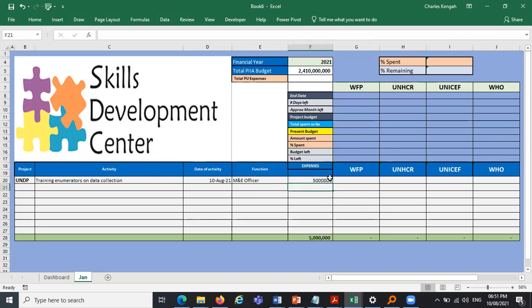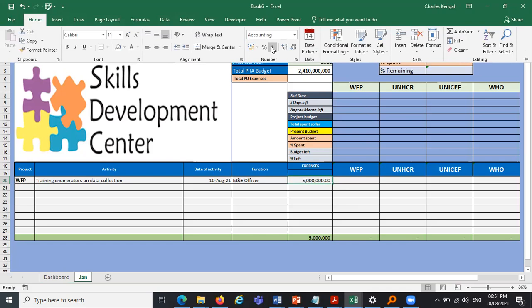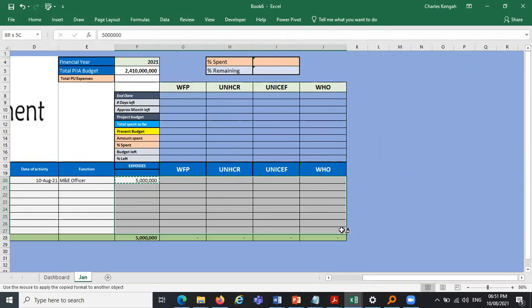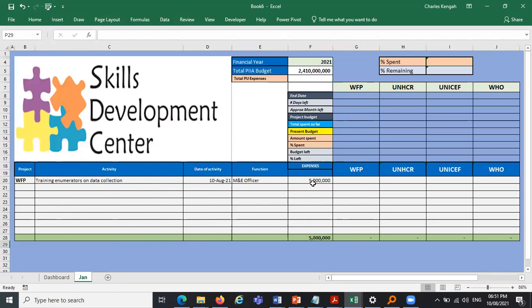here, you see it's working, but now how does it affect that this 5 million automatically comes and fills where we have UNDP? It has to be WFP. I changed it, I think so. We'll have WFP. How do I affect that? Let me just put this in money format, and then I format all the cells with that using the paintbrush, and then maybe I highlight or like that. That's good. So any amount that you put, it will just give you the separator,